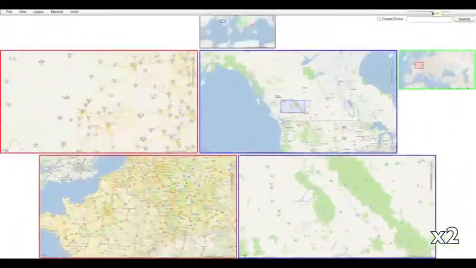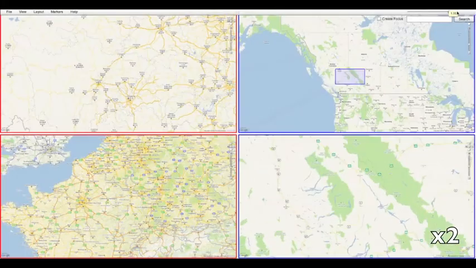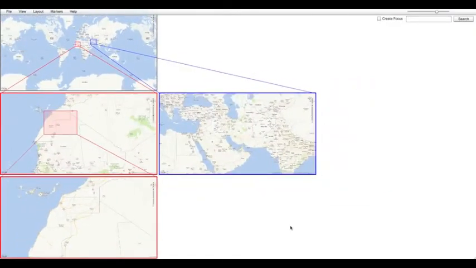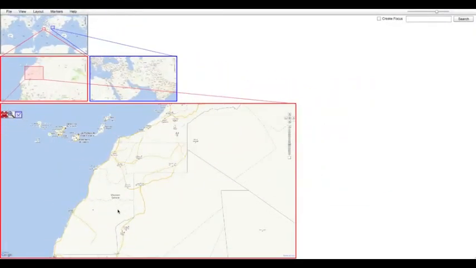Here we see the user changing the active viewports in order to change the layout of the viewport hierarchy on the screen. It is also possible to use the mouse pointer's position for activating and deactivating viewports,